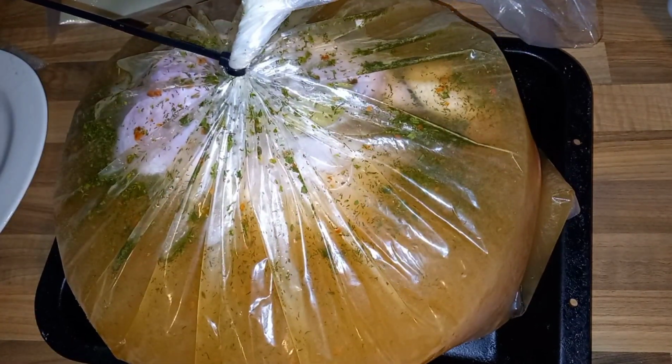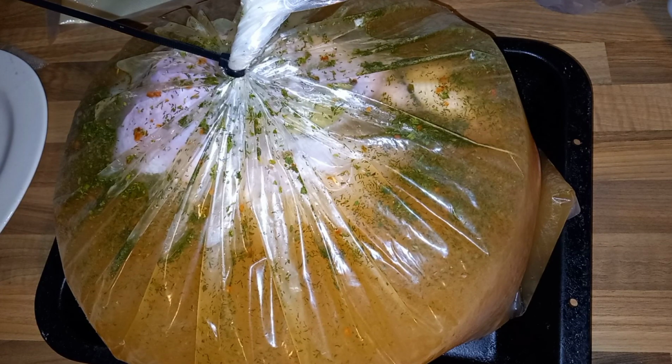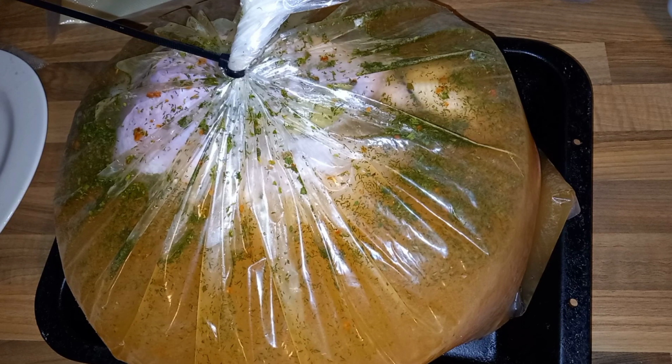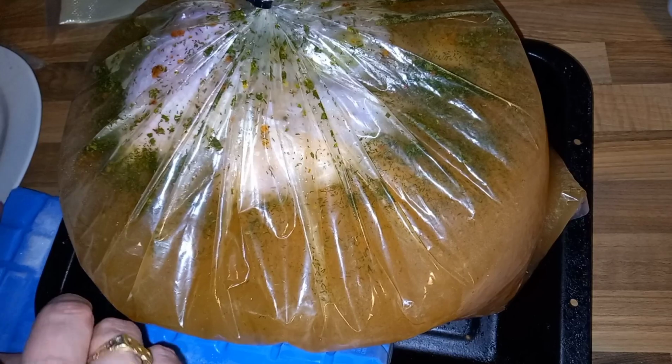If I'd have thought about this sensibly, I should have put the bag with the turkey inside a washing up bowl, because I needed something with higher sides. I put it into a baking tray, and the water just wanted to try and spill out the top, not out the top of the bag, but out the top of the tray,